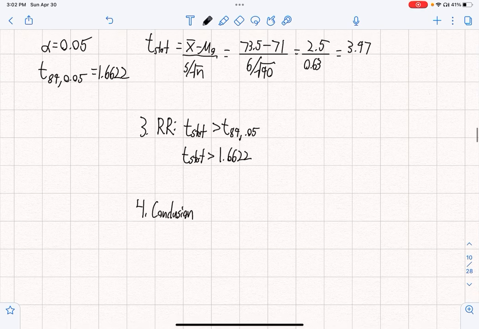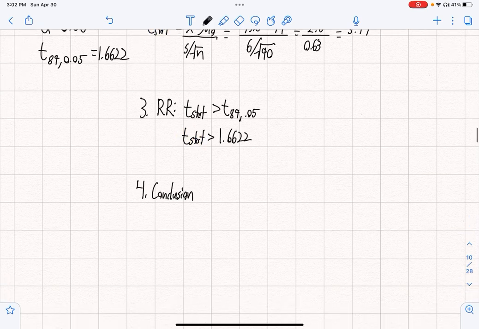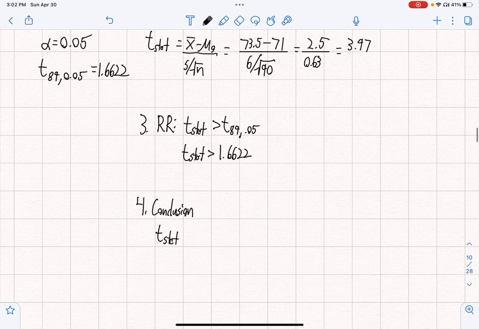So this is where we just plug in. Let's plug T stat into this and see if it holds true. If it does, we reject the null hypothesis. So T stat is equal to 3.97, right? 3.97 from up here